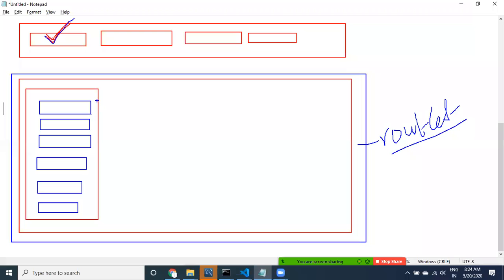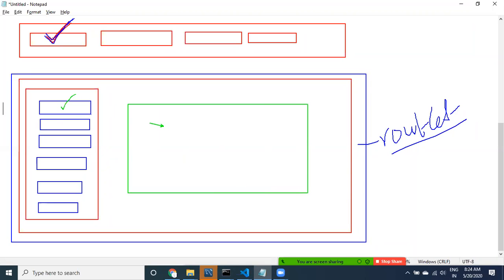Maybe these can be called as panels, or even we can say this can be called as options. Select options, right? We can use Bootstrap select options and all. Whenever you click on this, it has to display like this. Now this is a menu, and one more thing is, whenever a user clicks on here, I have to display something. If I click on here, I have to change here.